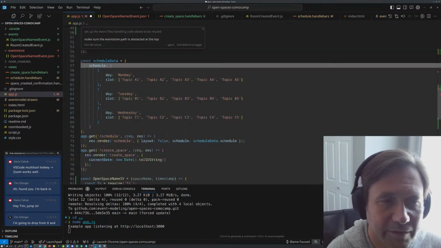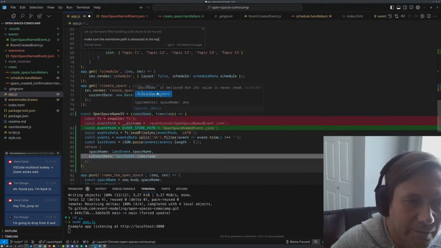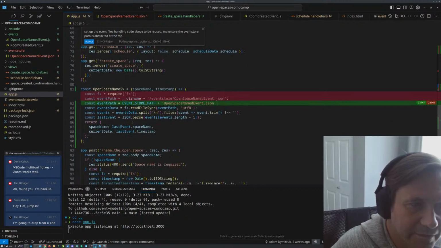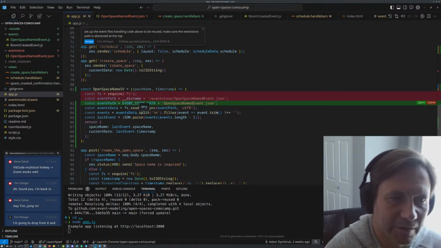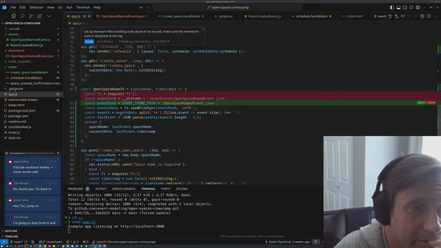Let's see if that does it. Oh, good. Okay, so it did get rid of that. So it does read file, event split filter. Okay, so we do have this filter event trim doesn't equal whatever.